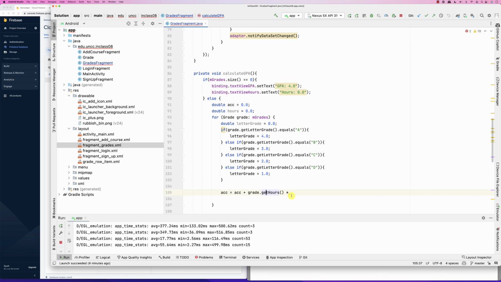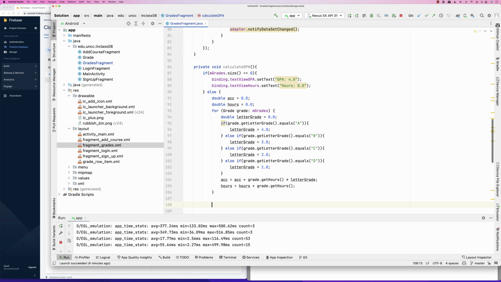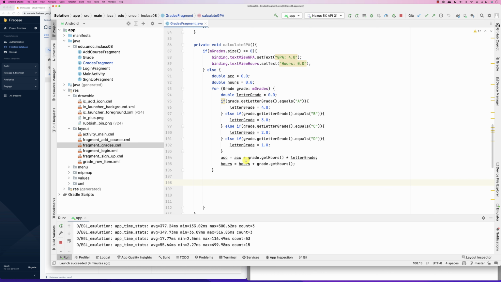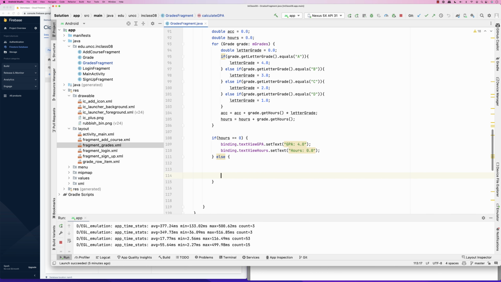Now accumulate equals the number of hours times the letter grade, and then hours equals hours plus grade dot get hours. Cool. So we're good here. Now we go here and check to see before we divide by 0. So we check to see if hours is equal to 0, then we'll do something else. And then basically here we can do the GPA. So accumulate equals accumulate divided by hours. So that becomes your GPA,